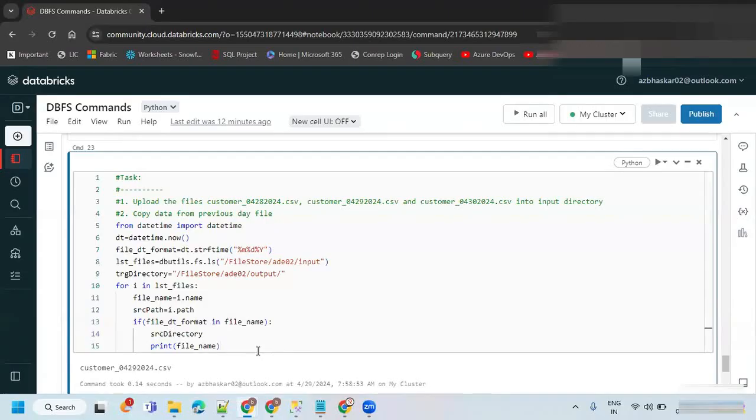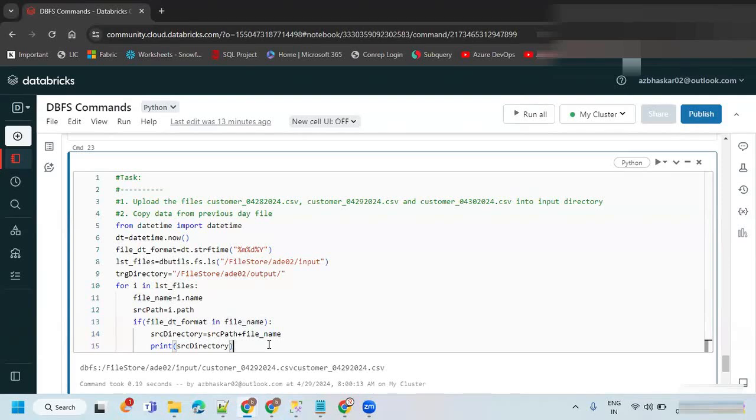Source directory equals your source path plus your file name. Now if you print this, it is going to show you the source directory.